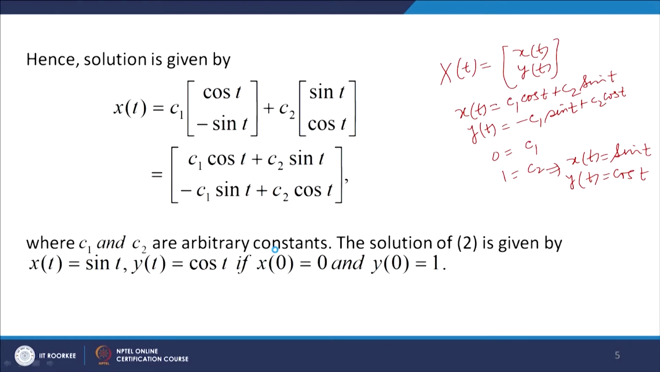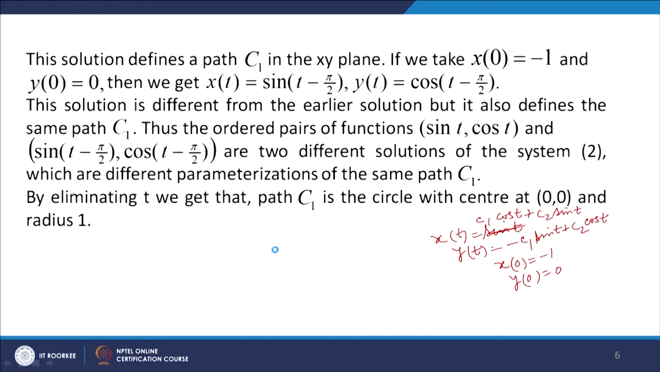When we eliminate t, we get, if we have x(t) equal to sin t, y(t) equal to cos t, then eliminating t we get x squared plus y squared equal to 1, and here also you get x squared plus y squared equal to 1. So when we eliminate t, we get that the path C1 is a circle